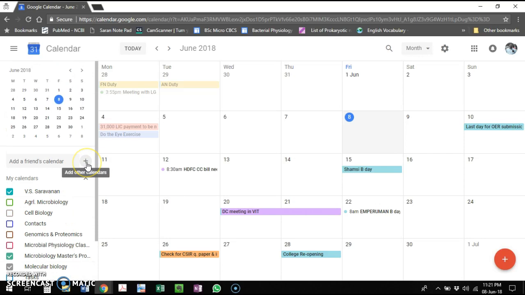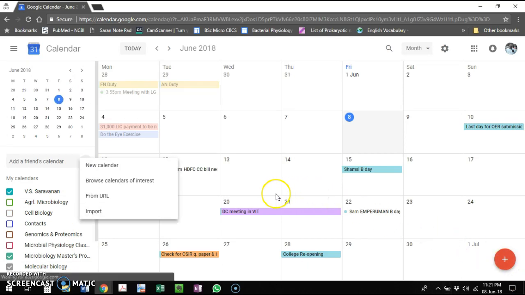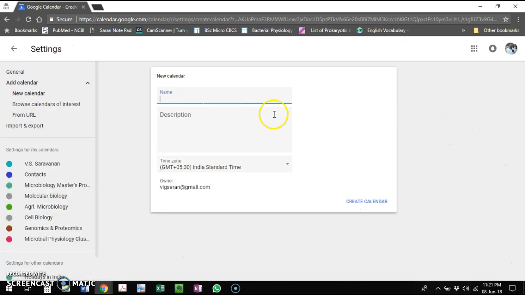You press this plus button, and it will take you to a new calendar or other calendars of interest or some other URL. You go for clicking the new calendar there. First you need to name that calendar. What name can you give? Say we can give it as FDP 201X. Actually it denotes the faculty development program